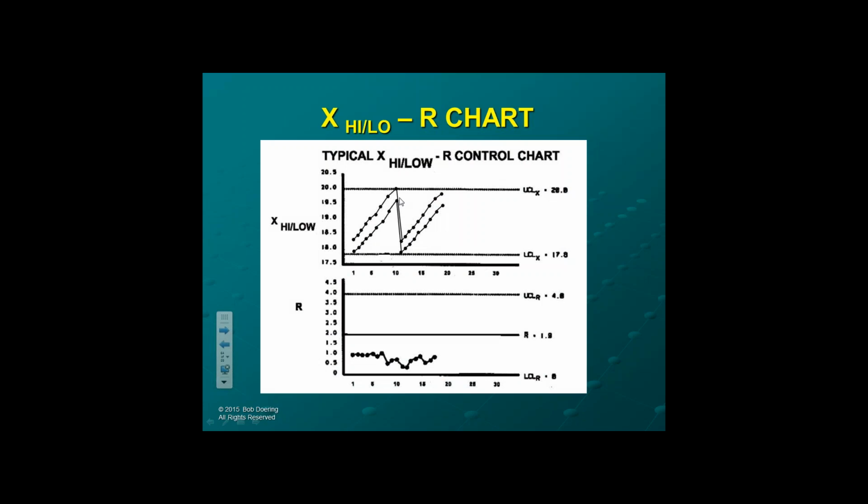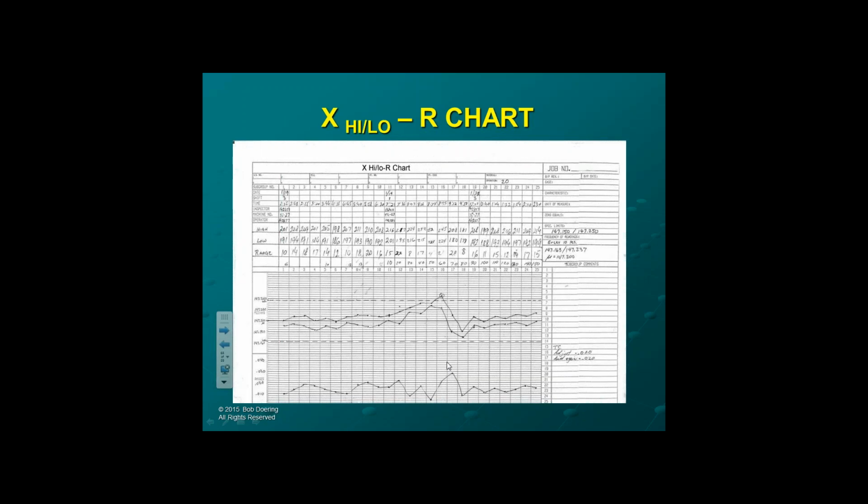Now here you can see the X high-low R chart. The range is the roundness, and that provides some valuable information. In fact, this is what it looks like when it's prepared on the shop floor. You can see the roundness in the process. Once the largest diameter of the sample is out of control at the upper control limit, you work to adjust it so that the lower is in the lower control limit, and then allow the process to continue on.